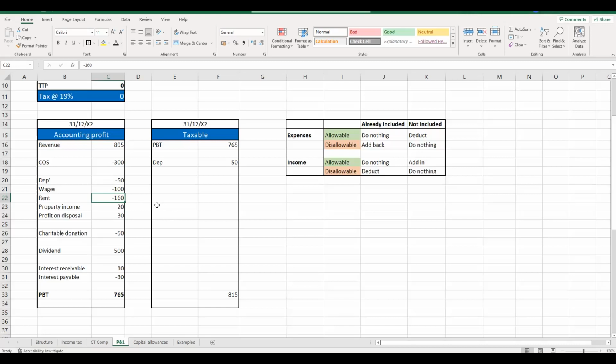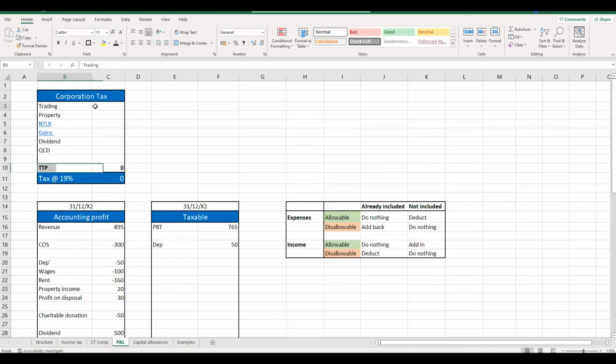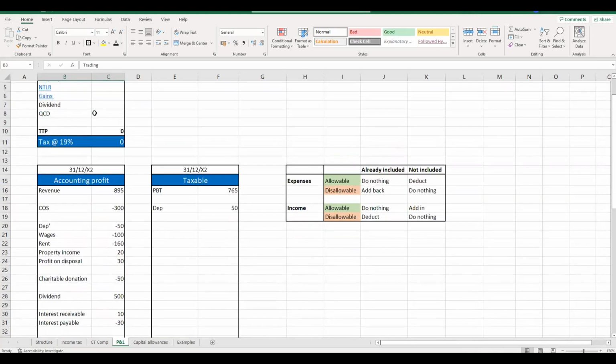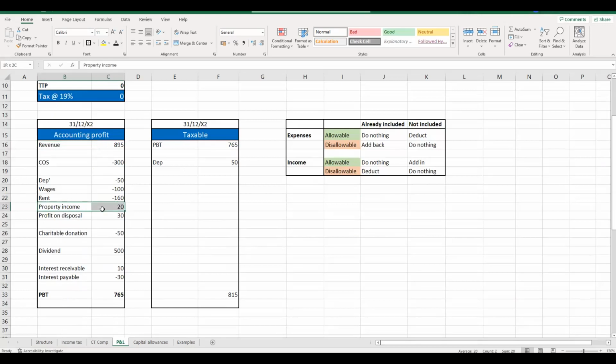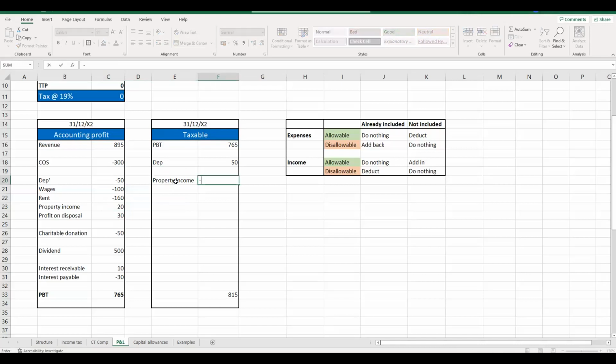But what is going to be quite important here is that we've got property income. Now, we'll assume that this business doesn't trade as a commercial letting company or something like that, so the property income isn't going to form part of their trading income. What we need to do in this setting is recognise that this is property income. It's increasing our profit before tax in our financial statements. So the first thing we need to do in arriving at our taxable trading profits is to remove that property income. So we're going to have a negative here.